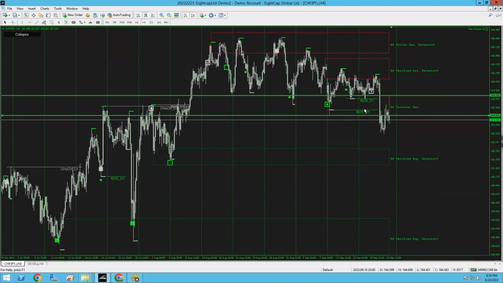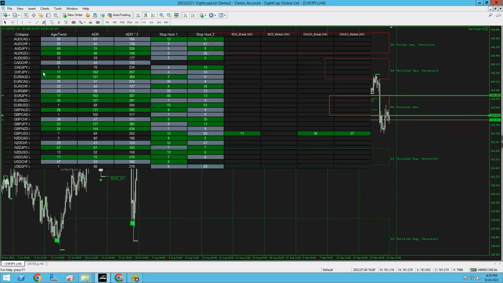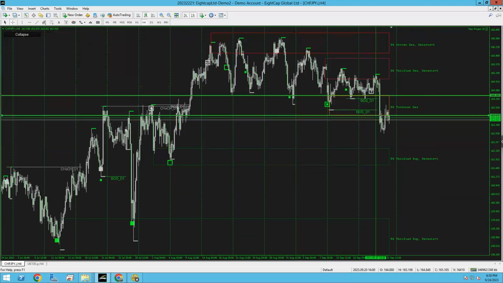You can see daily break of structures from this move. Turncoat, Asian trend is what? Here is bearish 17 days ago. Take the sell. That's how simple it is. Like, so for you, Travis, so you can understand, that is how simple it is. Do not overcomplicate. You should have been in this sell already from Friday and holding, literally. Does that make sense for you, Travis, as well? If you're still here, mate.